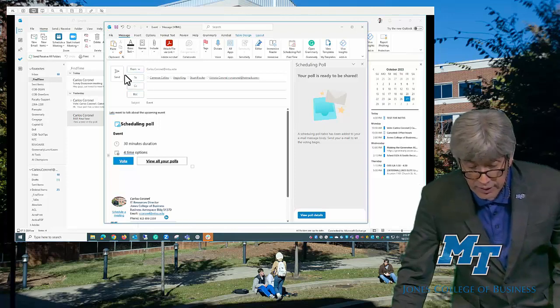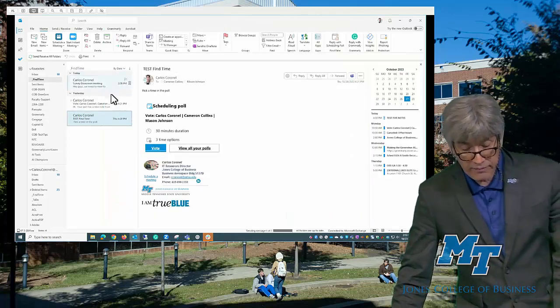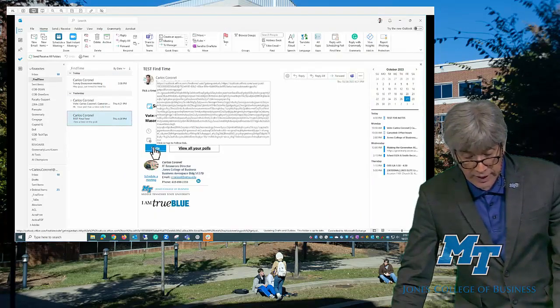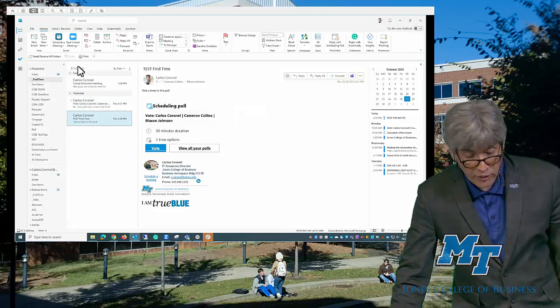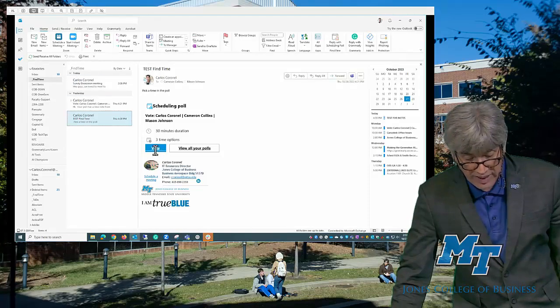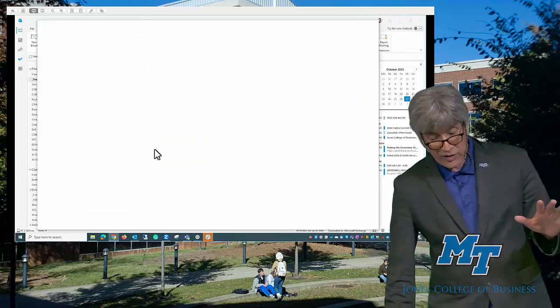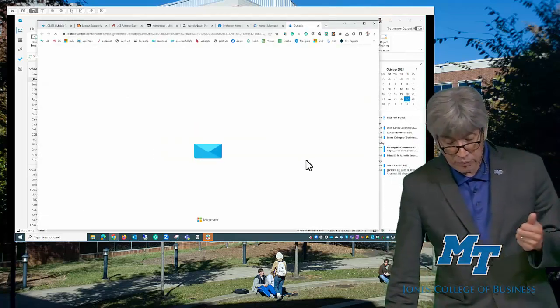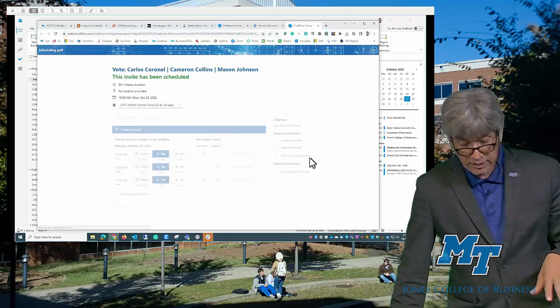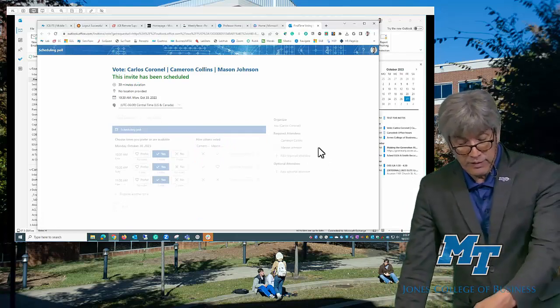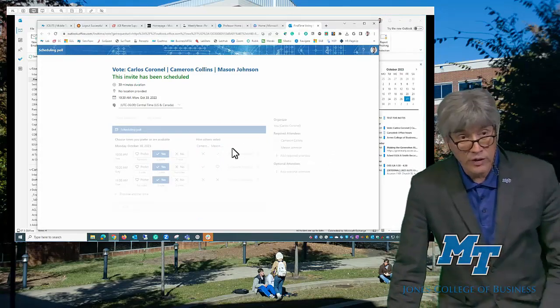So let's go see how this will work in a meeting. So I'm going to send this again. Notice here I got a previous email from a previous vote that I did. So I'm going to say vote. So you get an idea how this looks. Of course, this is a previous event, so probably it's going to tell me that this event is in the past. But you get the idea. This invite has already been scheduled. And noticing here